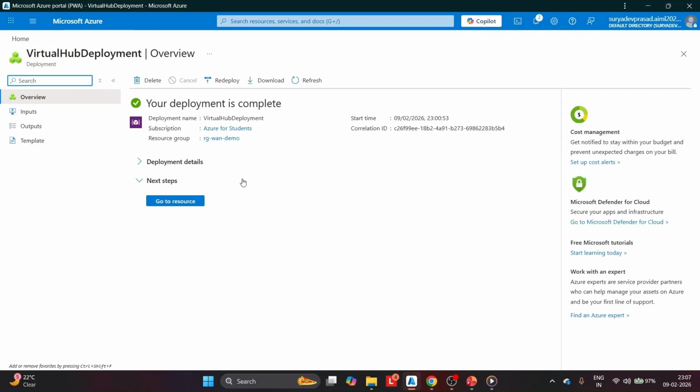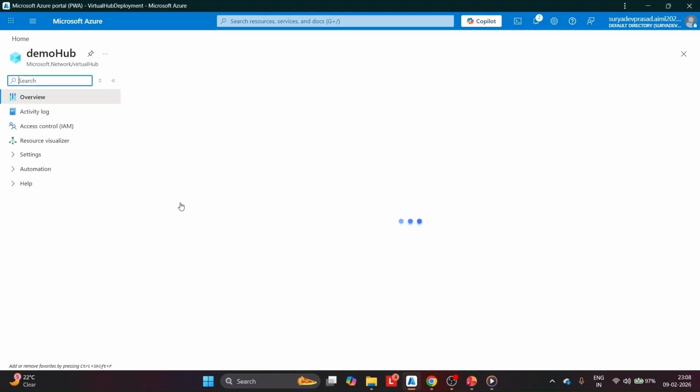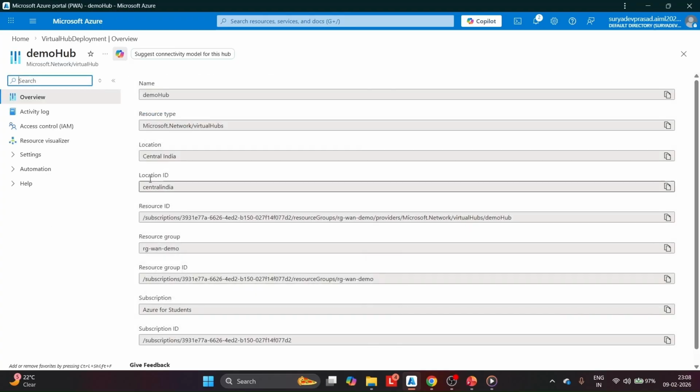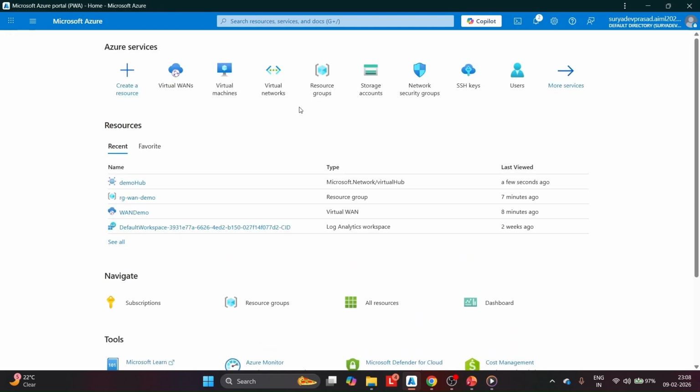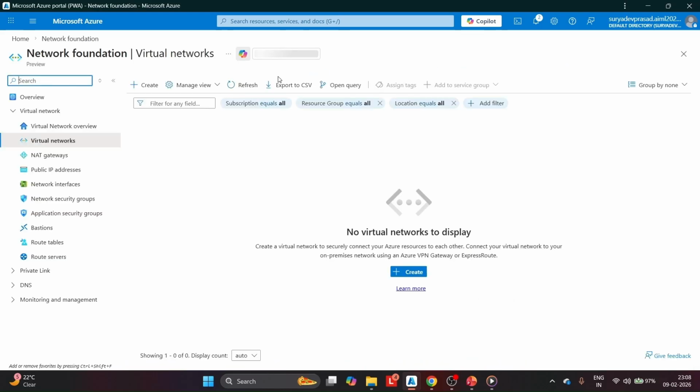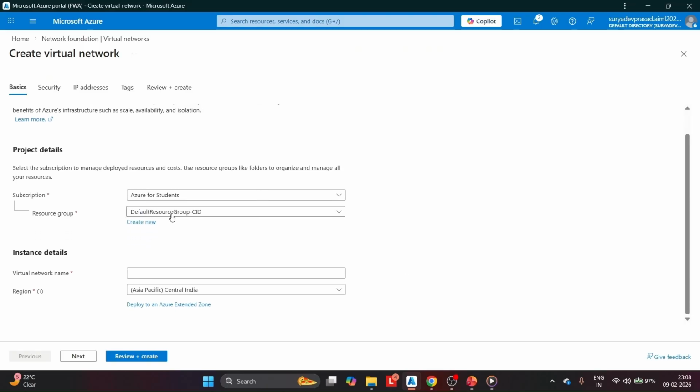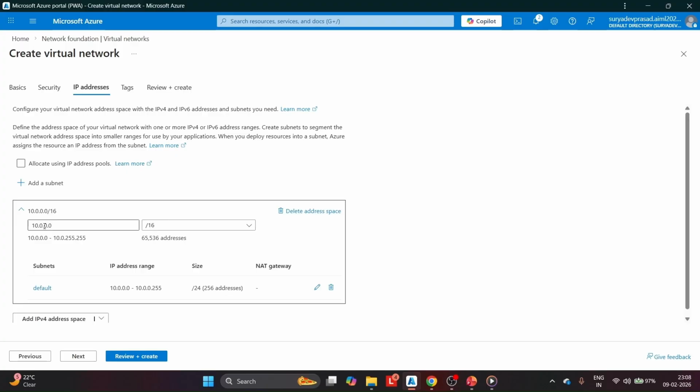Now my hub is ready. You can go to the resource. Now what we will do is create a virtual network. So let's first create our first virtual network. We'll select the resource group which we already created and we'll name it VNet1. Region will keep as it is. IP address will make it